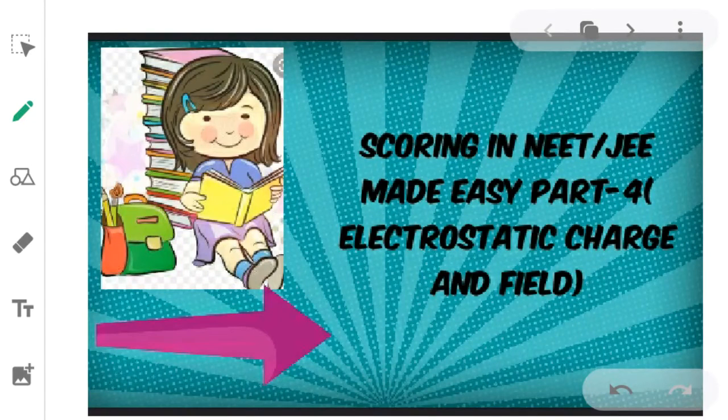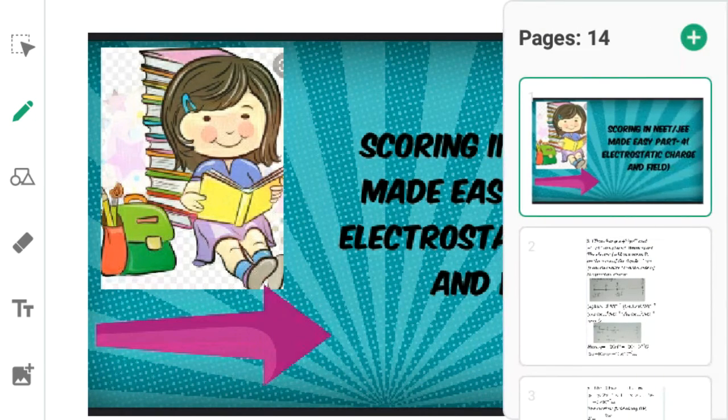Students, so we are with the fourth part of the scoring in NEET and JEE made easy for the first chapter, that is electrostatic charge and field. So let us start with the questions, MCQs. So the first question is,